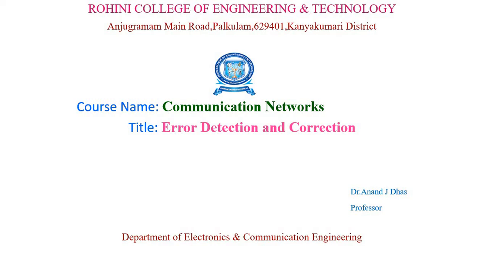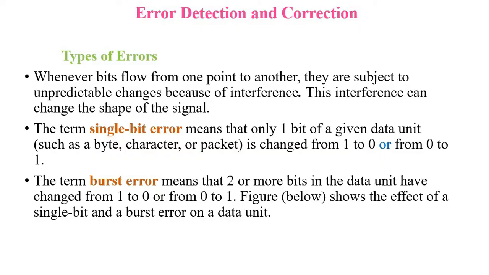In this lecture, we can learn about a topic, error detection and correction. Error detection and correction is one of the fundamental topics in communication networks, because we are sending data in the form of bits from one place to another. Through the transmission medium, the data will be moving on the way to the receiver, and we need to detect any errors that happen, and if any error has been detected, then we need to correct them.